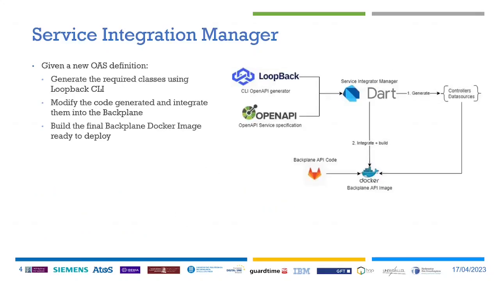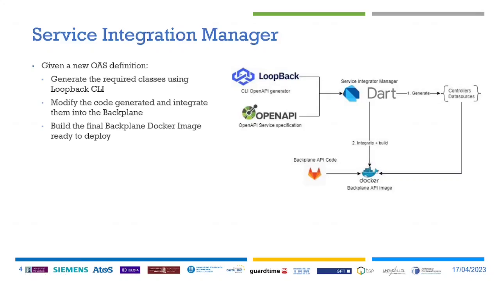In order to integrate the OpenAPI specification files, we provide an executable called Service Integration Manager. So given a new service OAS definition, the Integration Manager generates the required classes and resources using a third-party library, which is called Loopback CLI. Then it modifies all these classes and integrates them into the backplane, building the final backplane Docker image, which then can be deployed directly into the i3 market repository, ending up with the final version of the Backplane API ready